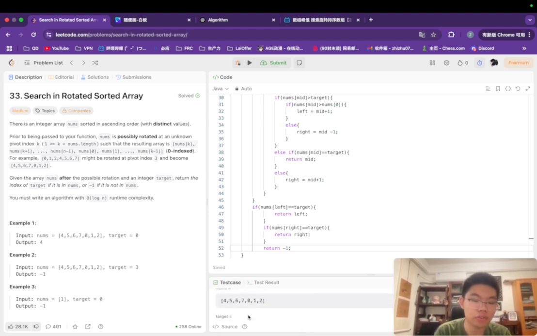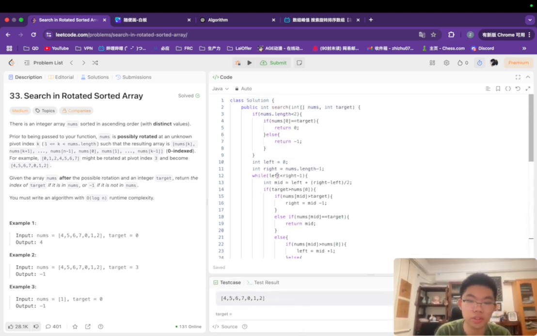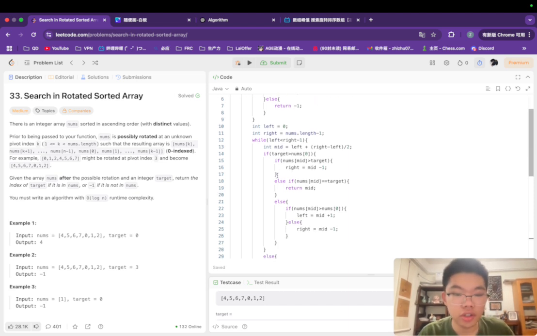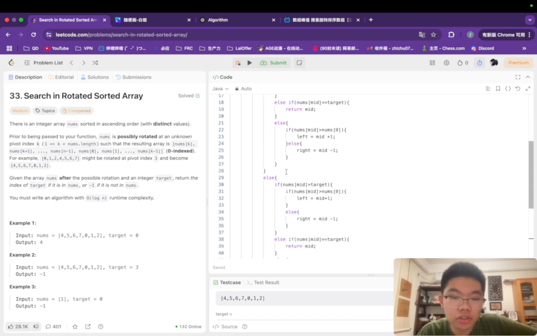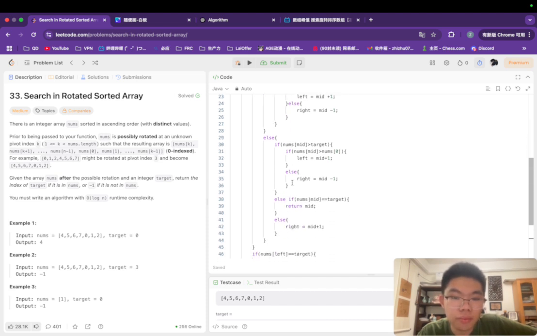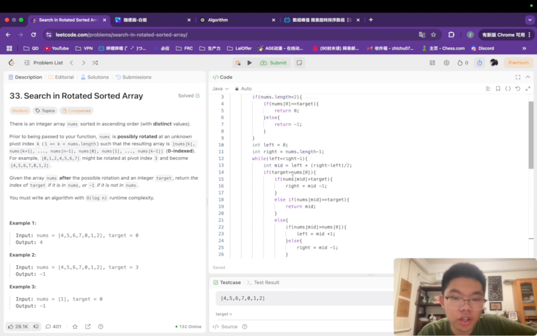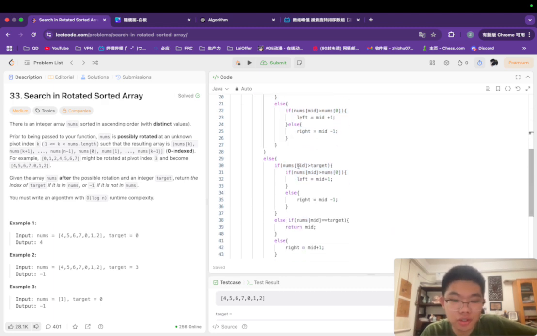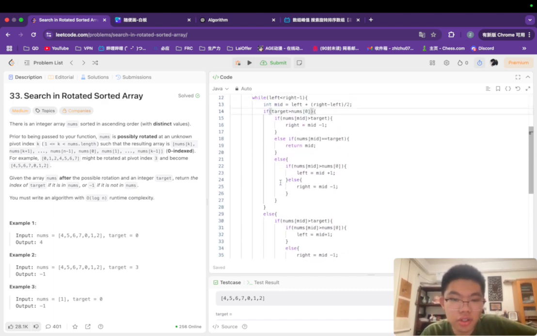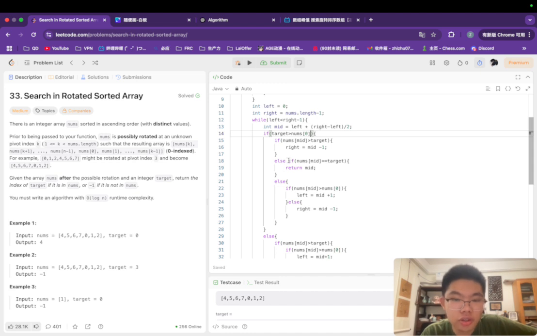It seems like we are going through an infinite loop. So let's see what's wrong here. So if the target is larger than the nums mid, else if target is... What if the target is directly nums 0? So we will go into this loop. It looks good, and if nums mid is larger than the target,